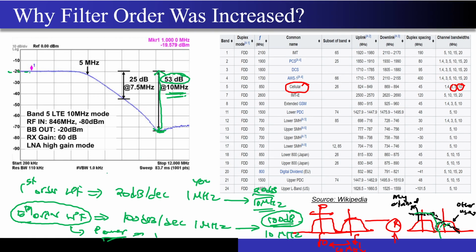So this is the price you pay when you are using the communication transceiver. You have to have a very sharp cutoff filter, and that's why you need fifth, sixth, or sometimes even seventh or eighth order filter. So don't get surprised if you see an 8th or 10th order filter written in a research paper. Just remember that there is a need for it, and how do you understand the need for it? Just look at the image that I have taken from Wikipedia. You will be able to understand that the channel bandwidth is just 10 megahertz, correct?